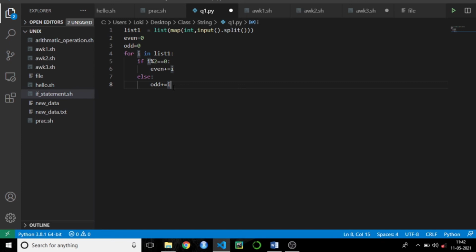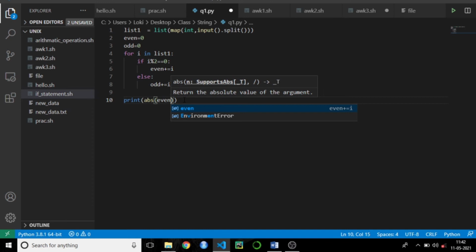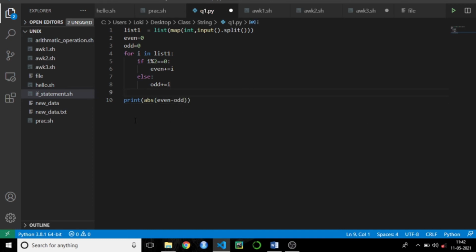After this they will change the question. You just need to do some numeric operation on the sum of even numbers or on the odd numbers. It will depend on the question. For our question, I just need to print the absolute of even minus odd. This is the question I took to explain even and odd numbers.